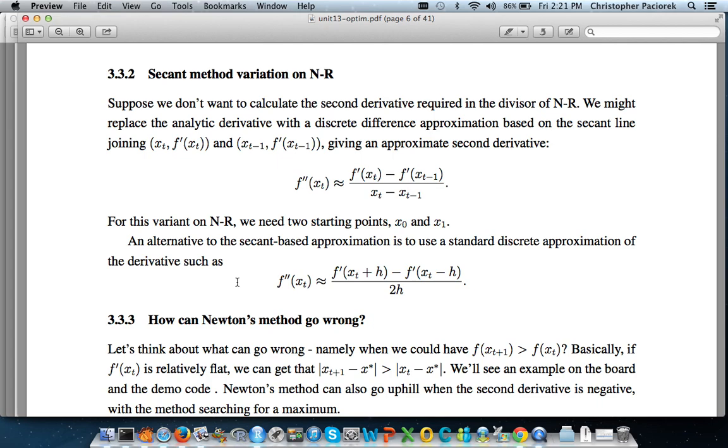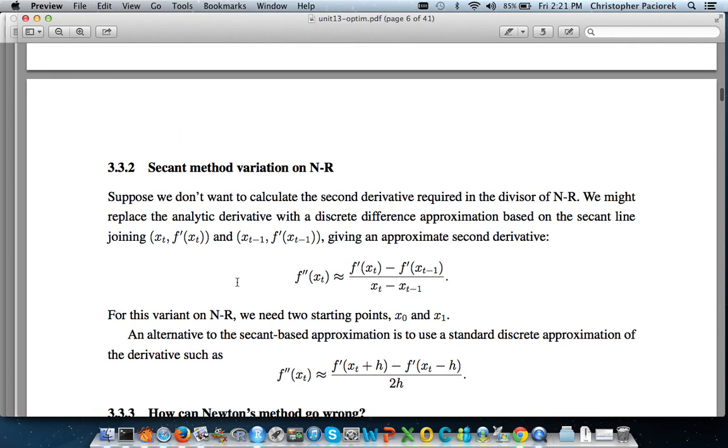But if you can do the computations for a single iteration for this faster than you can for this, that might outweigh the fact that this is in principle going to converge more quickly. So those are good things to keep in mind. And part of the reason I wanted to draw that out was there's this variation on Newton-Raphson where instead of actually computing the exact derivative, what you might use is a secant approximation to